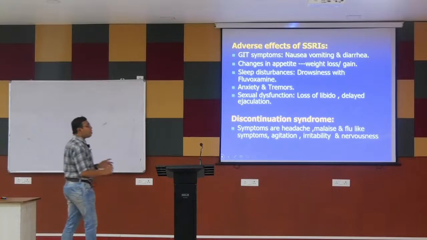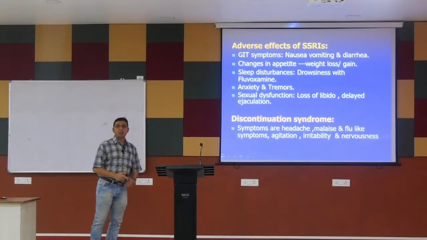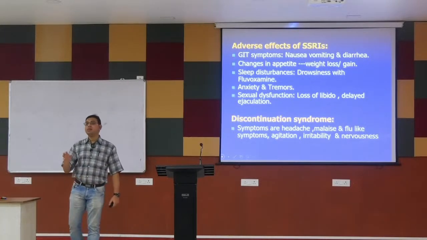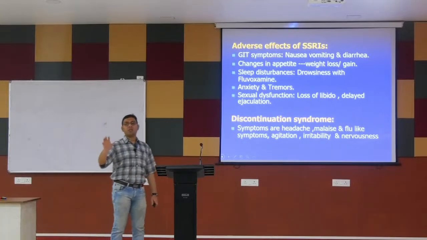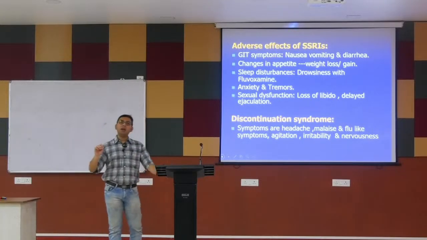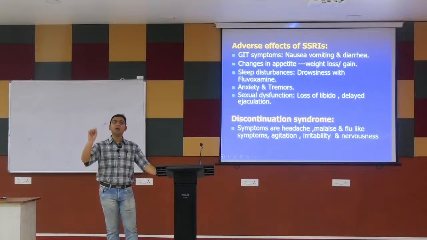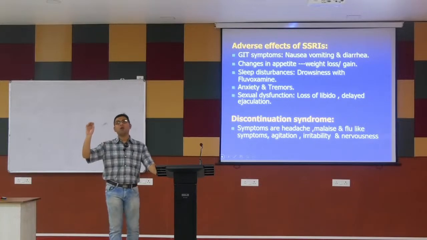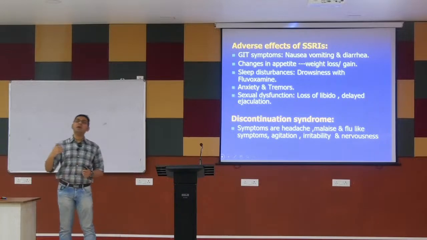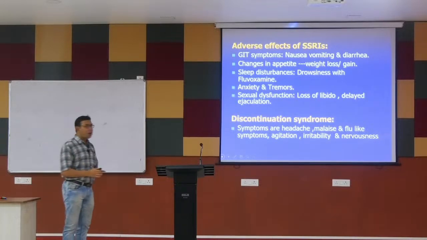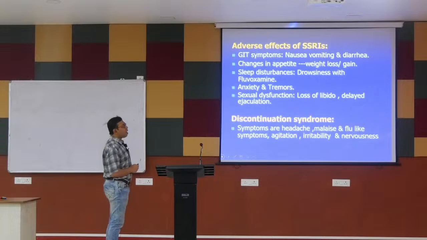Adverse effects of all the SSRIs, most commonly the gastrointestinal symptoms. Remember, if the patient is taking an SSRI and also some other drugs, that leads to gastrointestinal intolerance. Usually different guidelines say that we should give some prazoles like pantoprazole or omeprazole. Pantoprazole is usually preferred because there may also be risks of gastric bleeding. So gastrointestinal symptoms can happen.